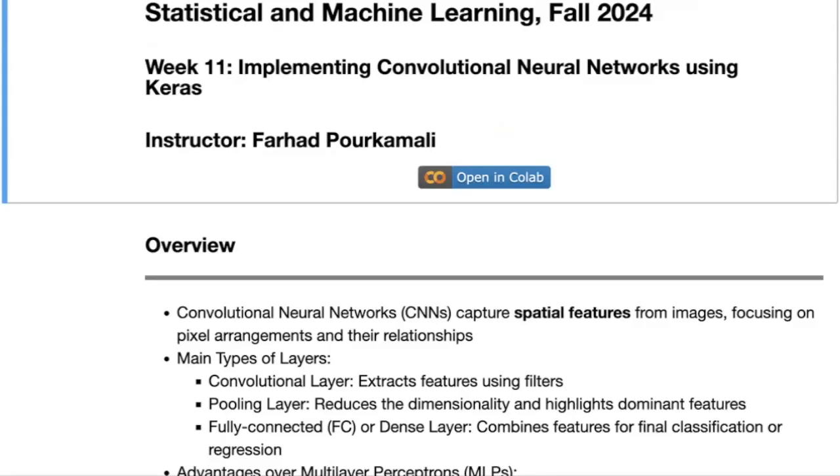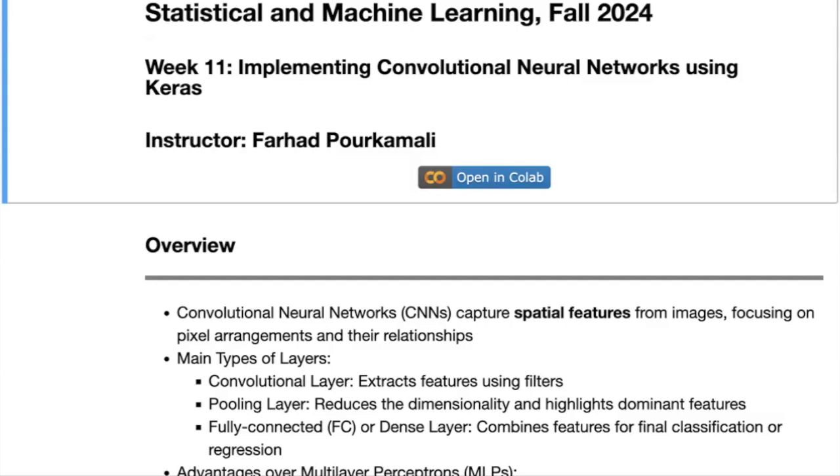Hey everybody, today we are diving into convolutional neural networks, or CNNs for short. These powerful tools are designed to understand images by focusing on the relationships between pixels. What makes CNNs so cool is that they're incredibly efficient at processing images because they use shared weights and focus on small sections of pixels at a time. Plus, they are translation invariant, meaning that they can recognize an object regardless of where it is located in the